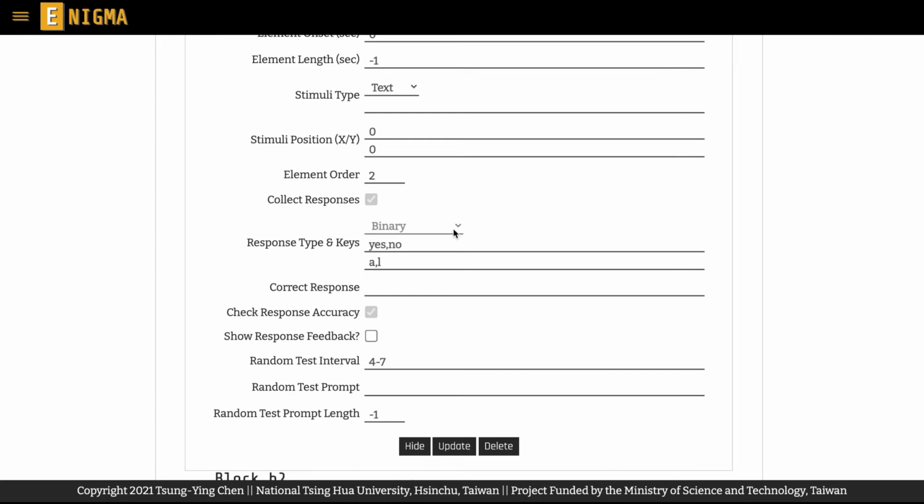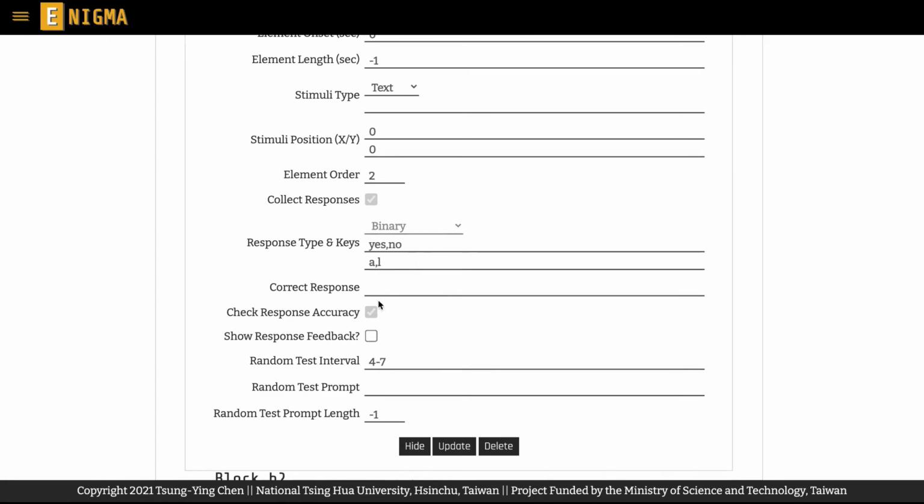This is because the memory test naturally elicits binary responses, yes versus no, from participants, depending on whether the presented stimulus is the last stimulus that participants are exposed to before the test. And because the presented stimulus is selected automatically by Enigma, the correct response is also determined by Enigma, and that's why you cannot change the correct response column.